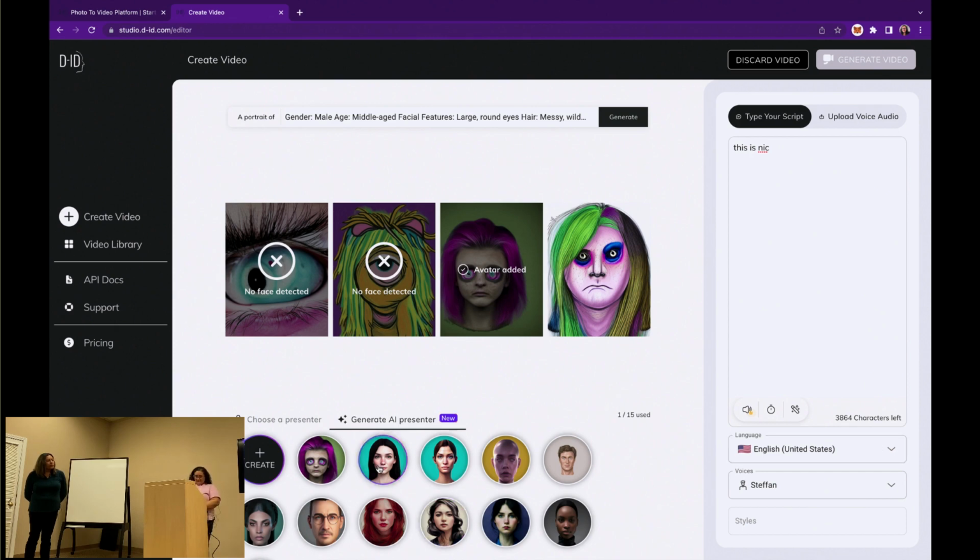Like two X's? It's because it has to show the face in order to move. With the description, it came up with those images, but it didn't detect a face, so it can't use those for the video.